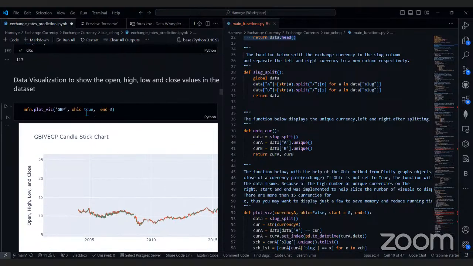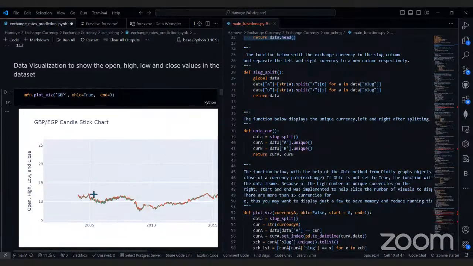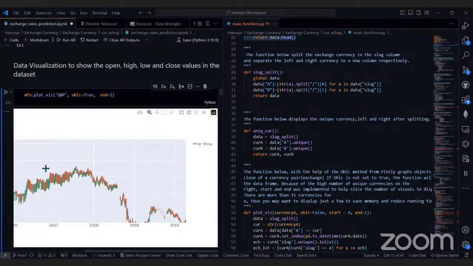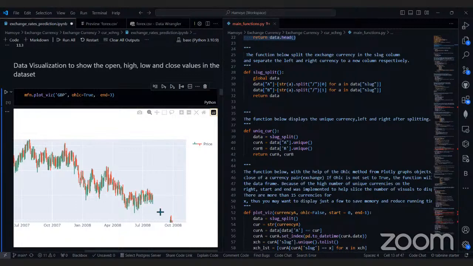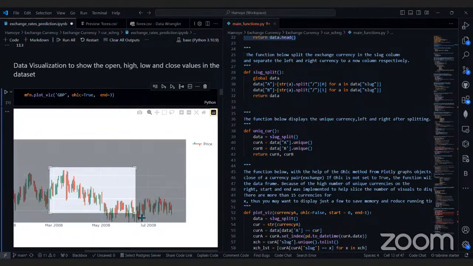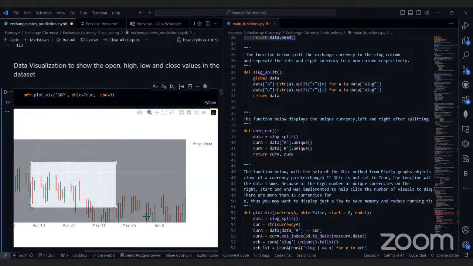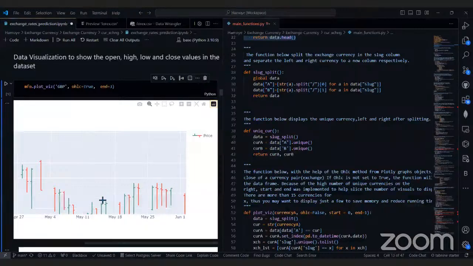Inside Plotly, there's the OHLC visualization, which is built for currencies. It helps you show your currencies the way you like, as candlesticks. It helps you show your prediction in the candlestick, with the high, low, and the rest of them. This is what OHLC is used for.